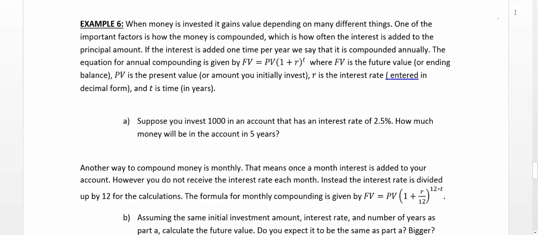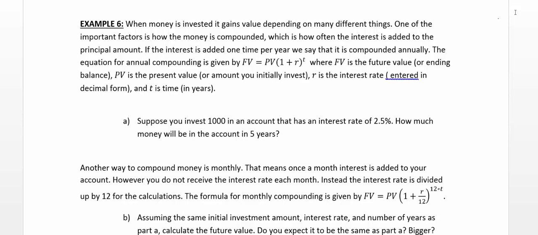Example 6. When money is invested, it gains value depending on a lot of different things. One of the important factors is how money is compounded, which is how often the interest is added to the principal amount. If the interest is added 1 time per year, we say that it's compounded annually. The equation for annual compounding is given by FV equals PV times (1 plus r) to the t,